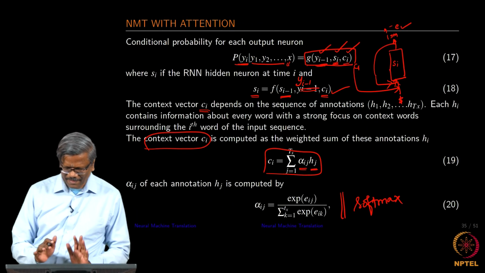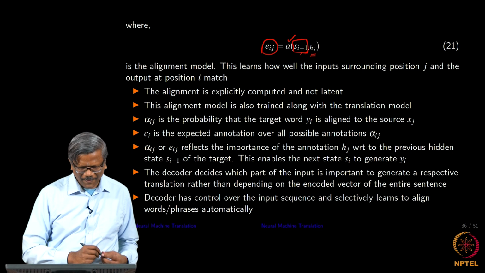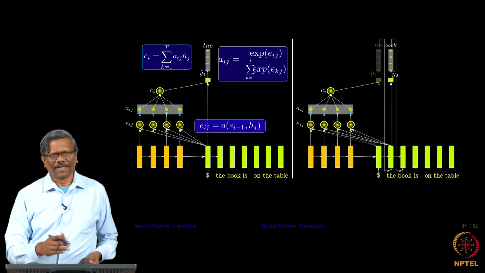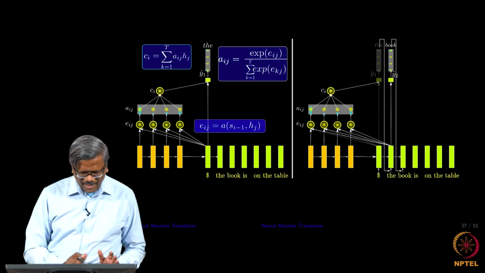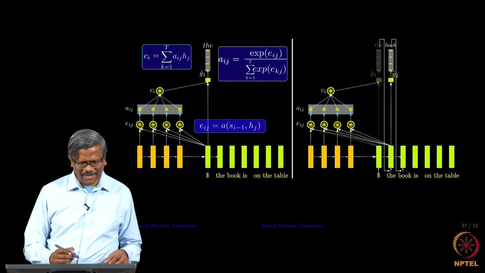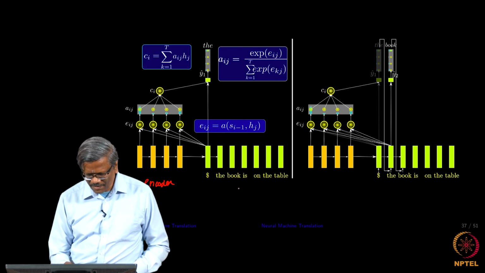So I think it is a little confusing because we are coming from the top. So now let's go to the diagram where the explanation would be a little clearer. So now I have actually expanded what we saw in the previous diagram. So now we have the encoder and this is our decoder.